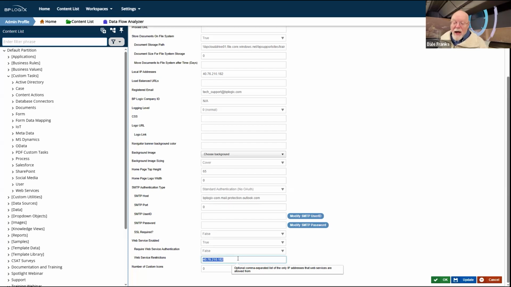So in my case, I have this set up to one of our internal IP addresses. I'm not exactly sure where it comes from. I don't know if this is a VPN IP address or whether this is one that's assigned by our internal Azure. I don't entirely remember where it came from, but I know that this is the IP address that the engineer said is the only IP address that will be allowed to access any web services on this particular server.